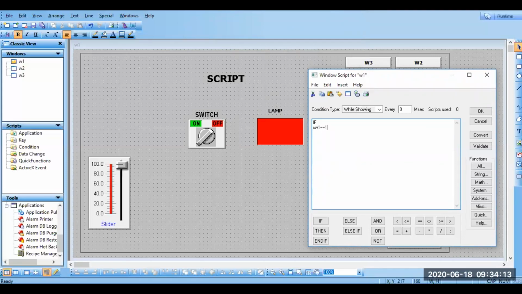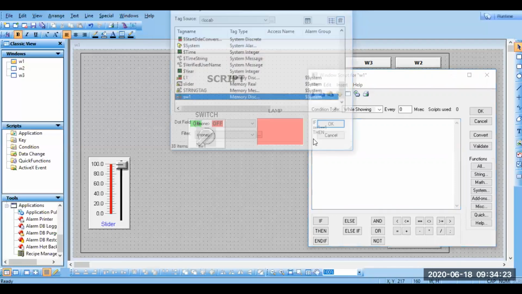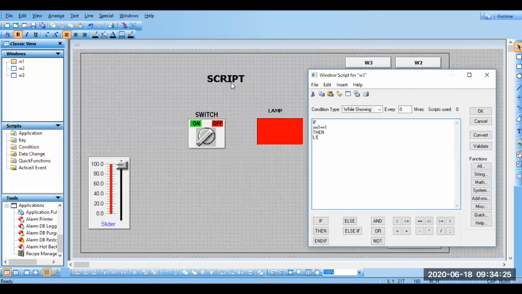If SW1 equal to 1, what do I need to write? Yes, then. Then what is the tag for our lamp? It is L1, so better choose it from here, equal to 1. Semicolon. End if, semicolon. No issues if you forget to put a semicolon.